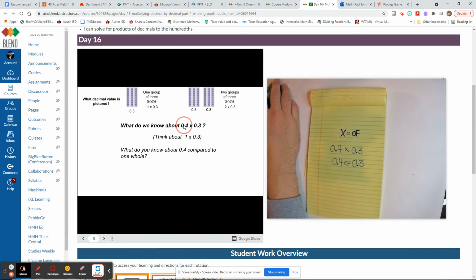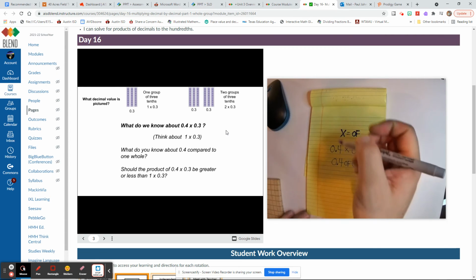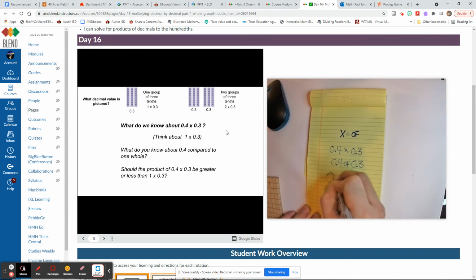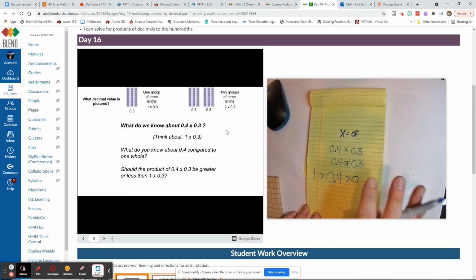So if we have 4/10 times 3/10, remember, 4/10 is greater than 0, but it is also less than 1. So if 3/10 times 1 is 3/10, and 3/10 times 0 is 0, then 3/10 times 4/10 should be somewhere between 0